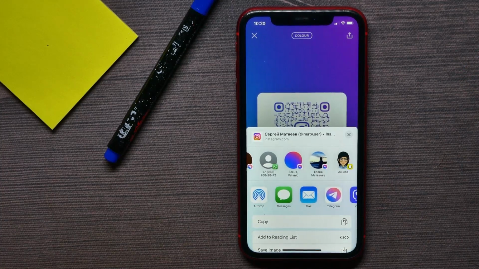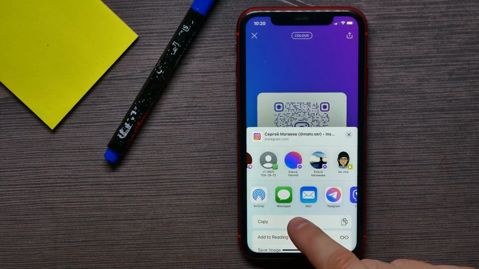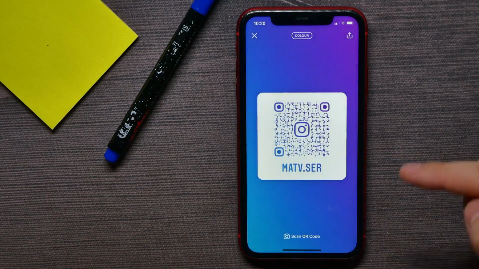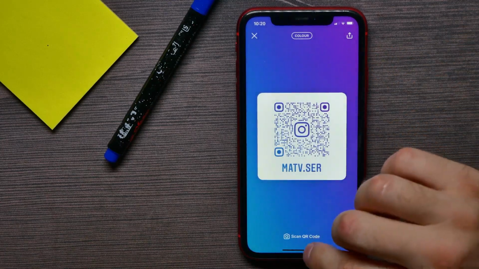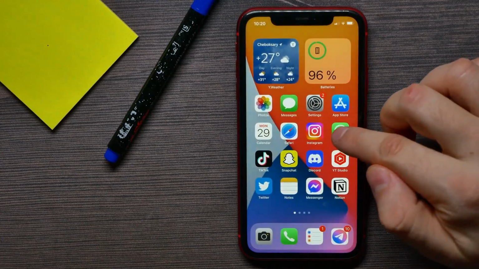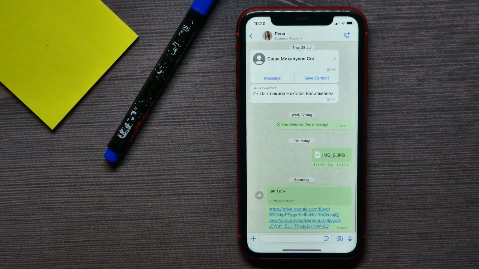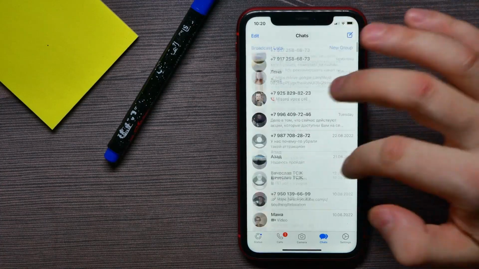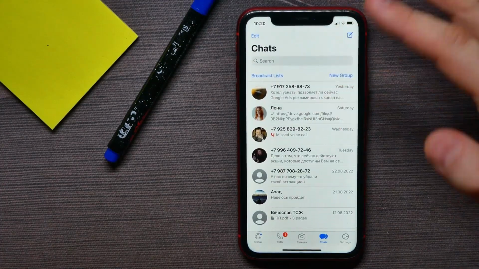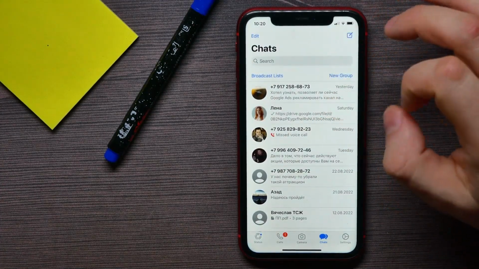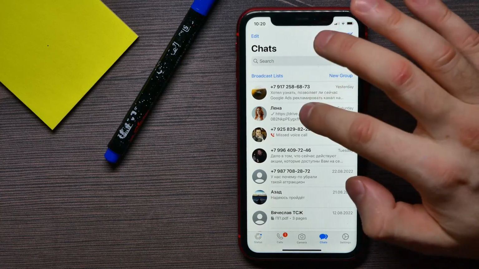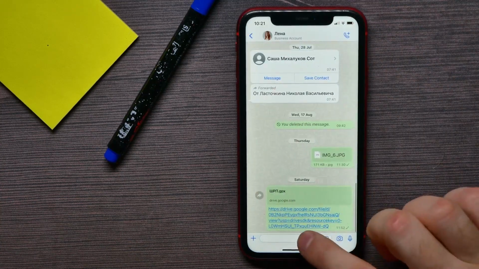To send a link, just hit copy and now the link has been copied to your clipboard. And now you can open up some app to send a link. It can be WhatsApp in my case, and there all I have to do is go to some conversation, tap